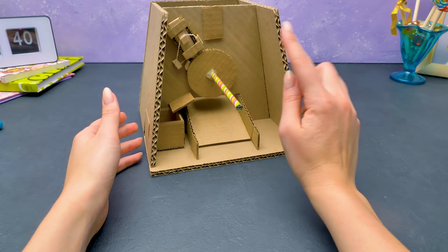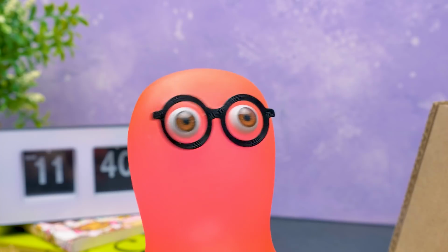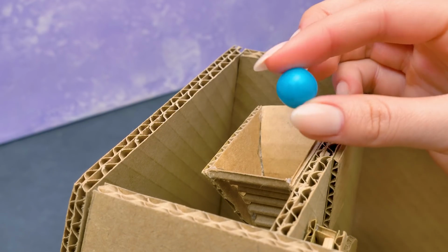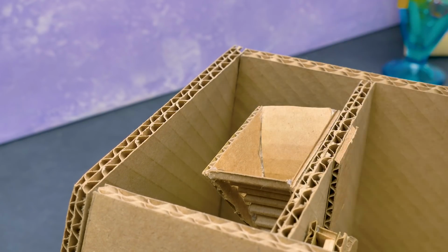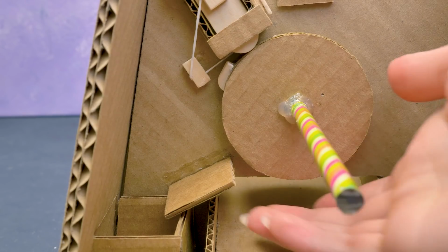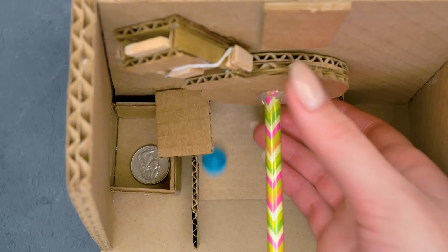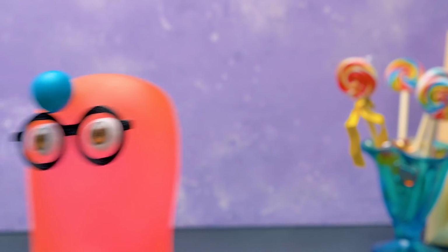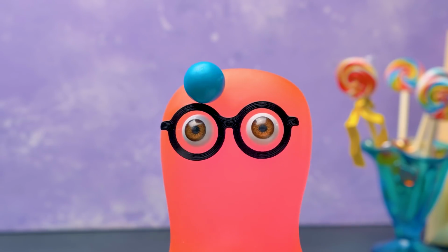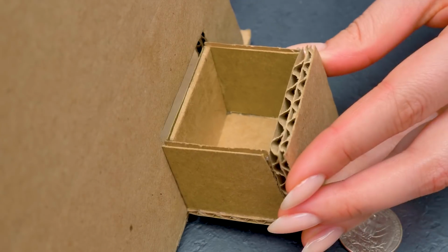Sammy, are you ready to test the mechanism? Are you kidding, Sue? I've been dreaming about it the whole time. Let's imagine that we want to buy this gumball. We'll insert the coin and twist this in the right direction. Hail the great Timmy Dabba, it's working! The mechanism passed the test, but there's still...